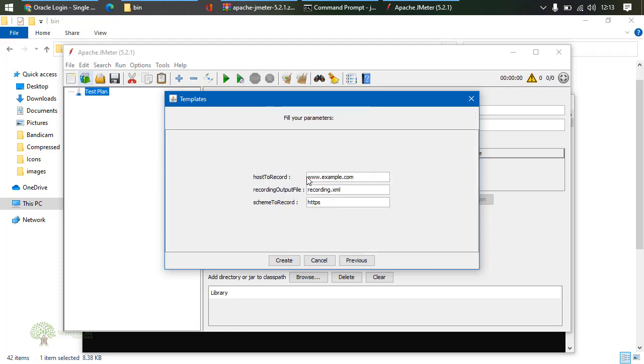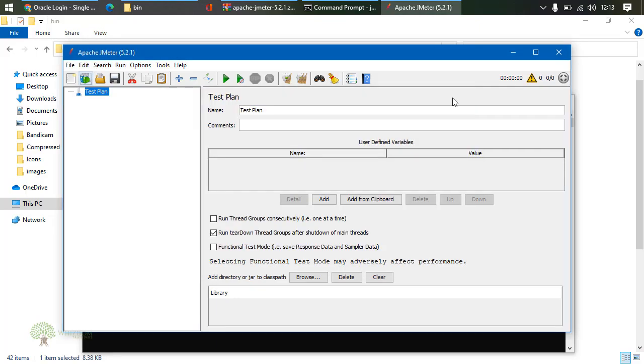Okay, and I'll click on create. It is asking me to fill in a few things. So you can work with these templates. Next thing is opening a file, saving a file. Whenever you create a JMeter file, the extension is .jmx.